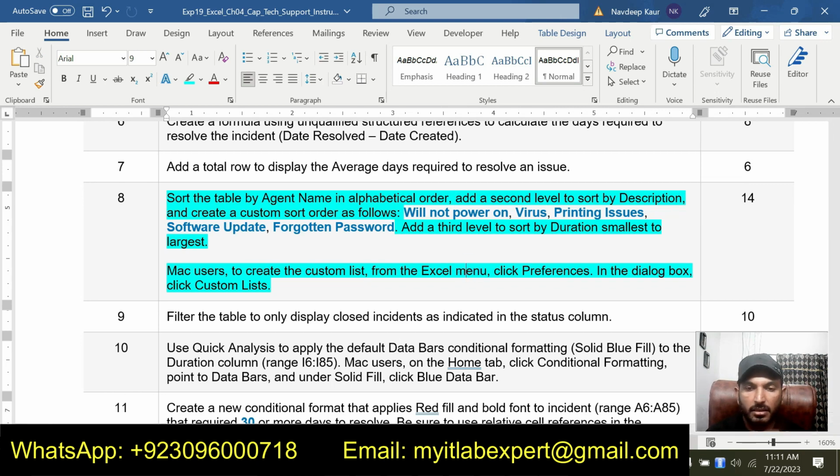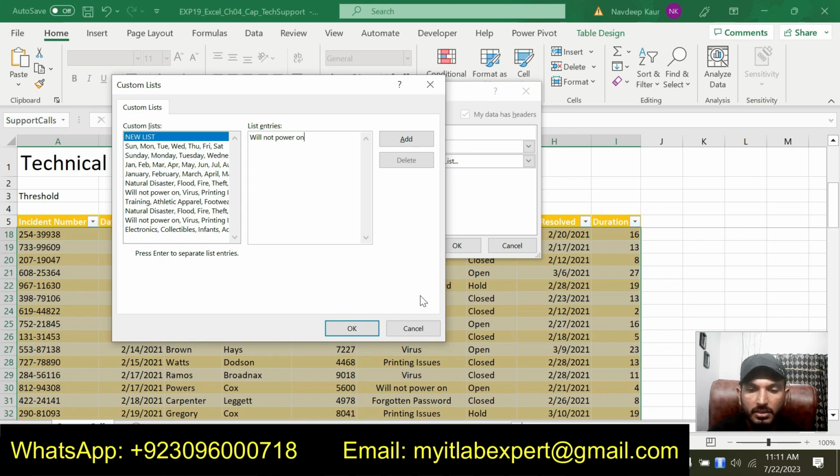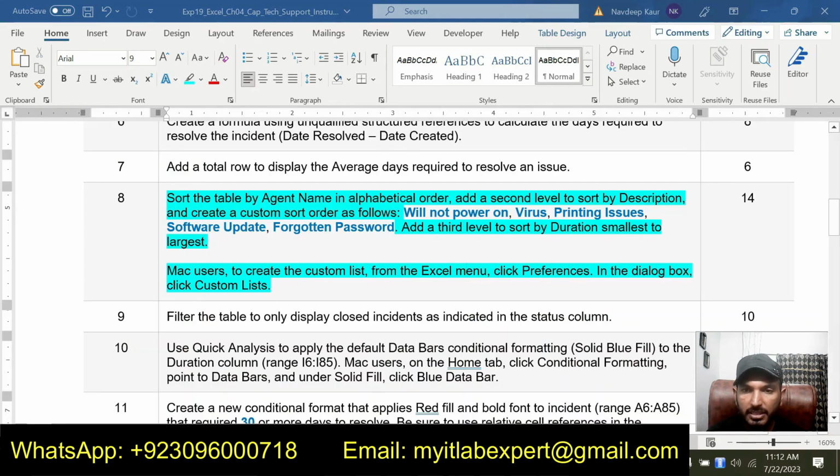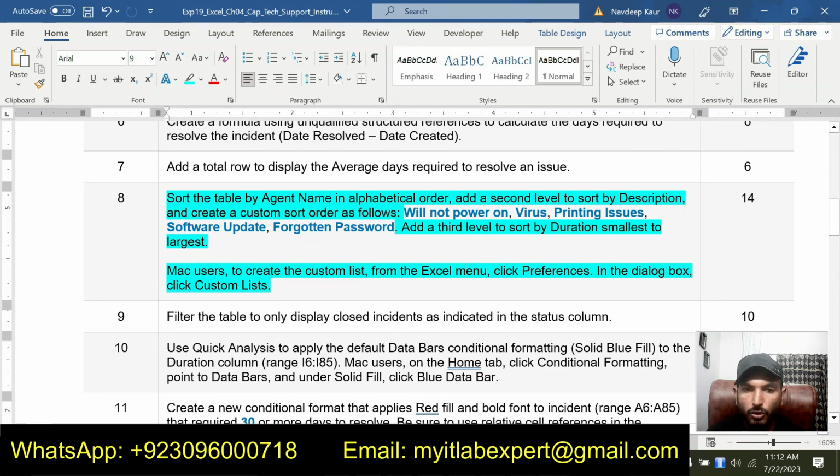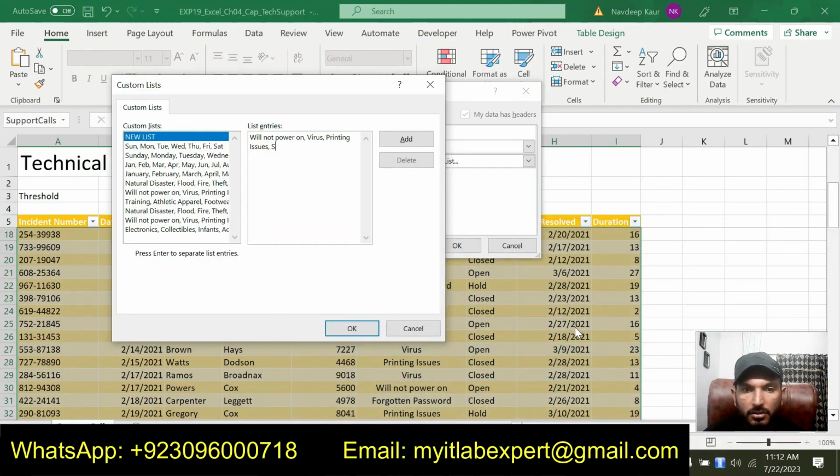Then virus. Then printing issues. Then software update.